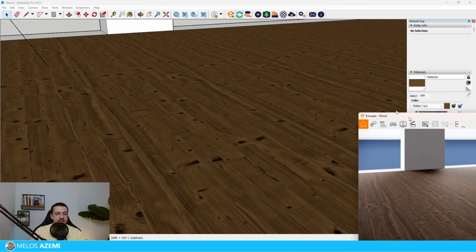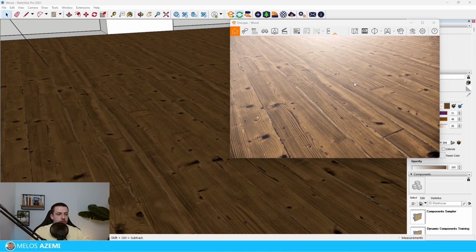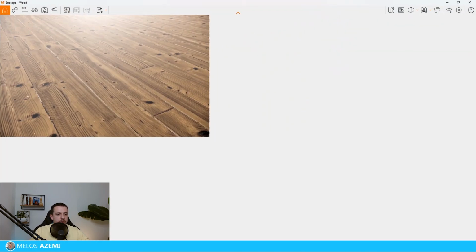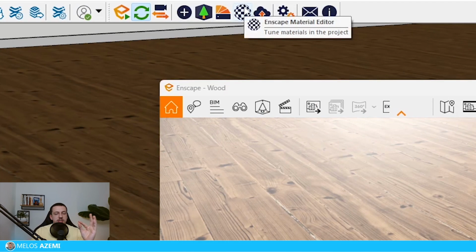I'm going to open the Enscape tab and keep it here on the side, and I will keep the camera focused on the material. As you can see right now, it looks flat. It doesn't have much depth nor many reflections. It's all default settings. So to configure the material that we just imported, we need to click Enscape Material Editor,